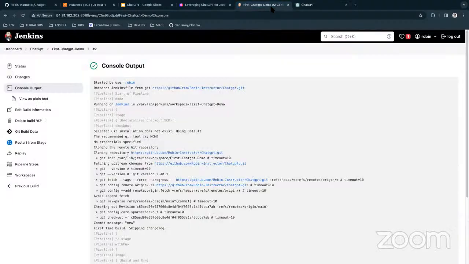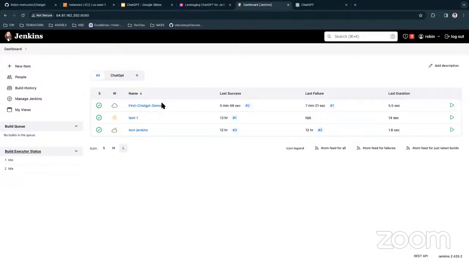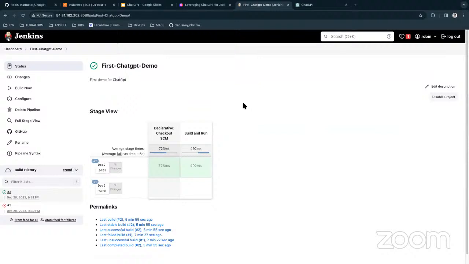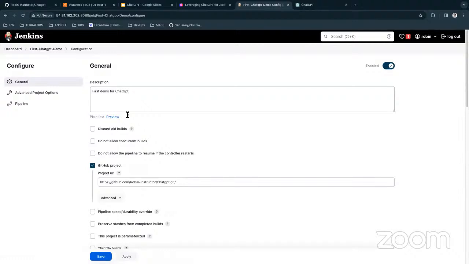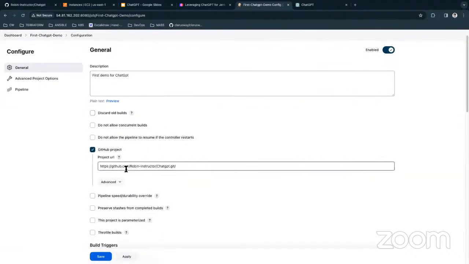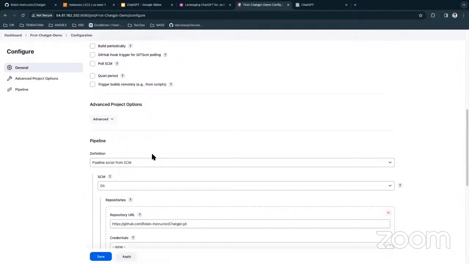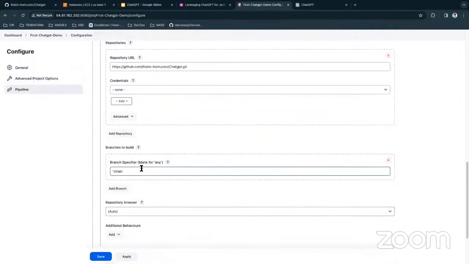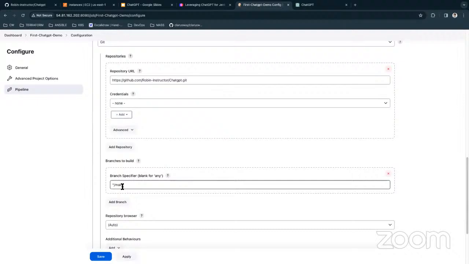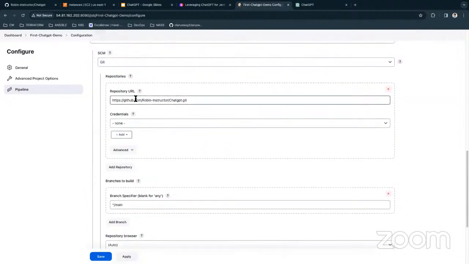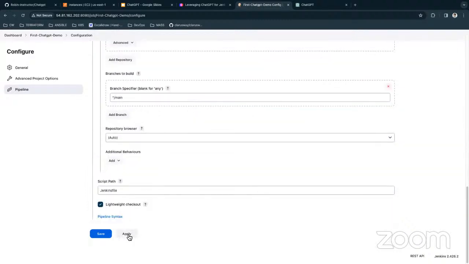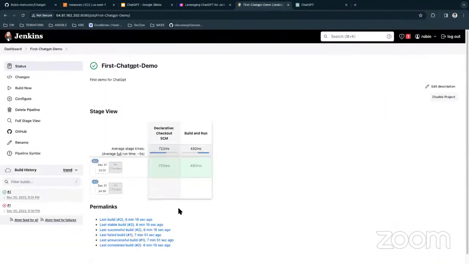So all I need to do is just go back to my dashboard. Okay. So I can take leverage from here because I just updated my Jenkins file. But if you just click on configure, so this is going to be my project URL. The Jenkins file is staying here as it is, and the main branch is there. And the repo URL has been entered here as well. So what I need to do is just apply and save because it's going to take the content from the